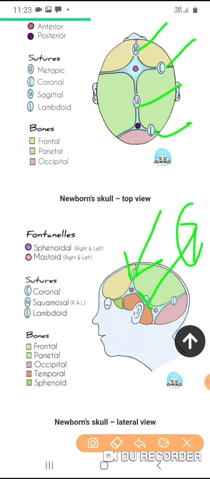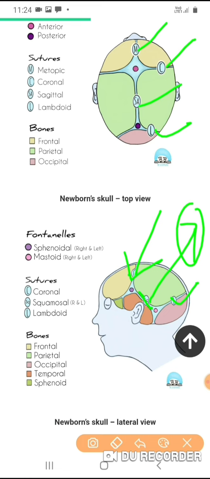You can see it from the lateral aspect of skull, and we also find lambdoid suture in your lateral aspect, and also from the top of skull view you find the lambdoid suture and the coronal suture, but the squamosal suture area is only seen in the lateral aspect of the skull,